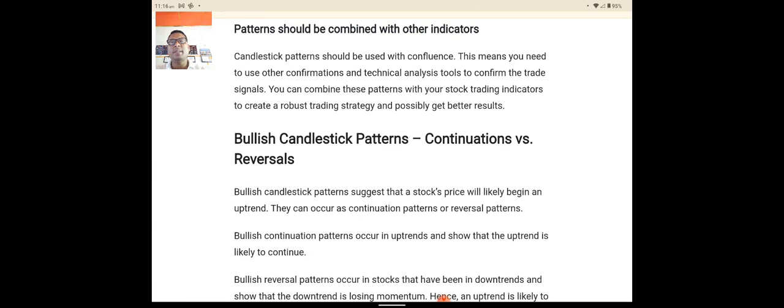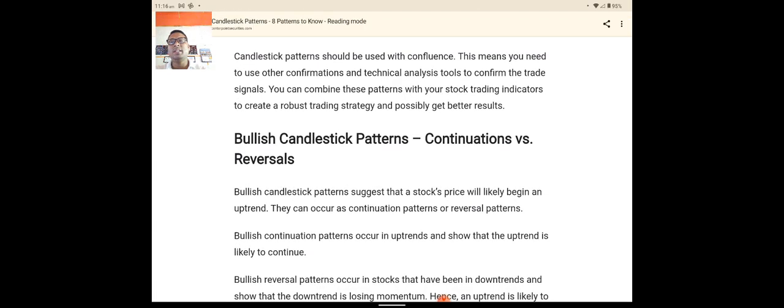You can combine these patterns with your stock trading indicators to create a